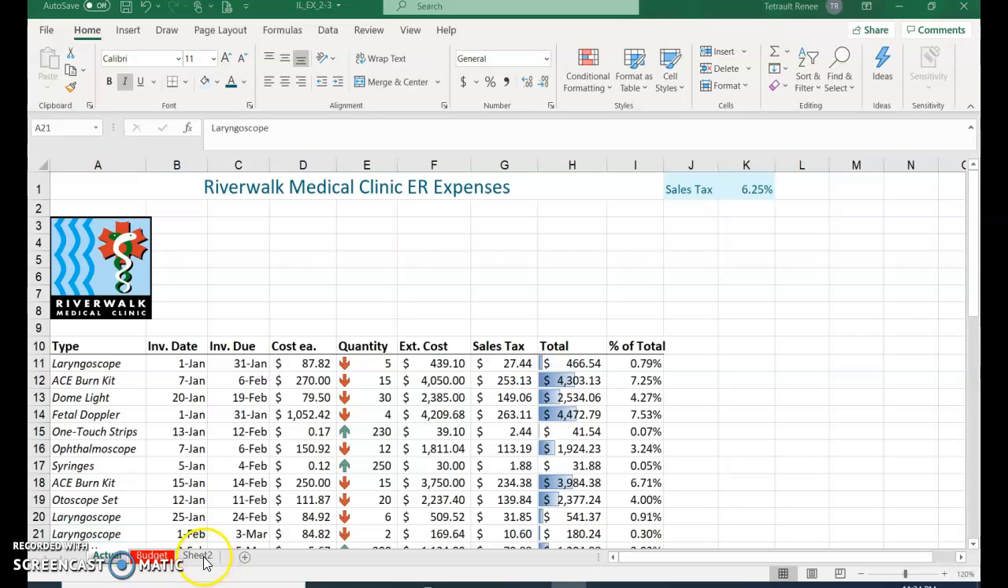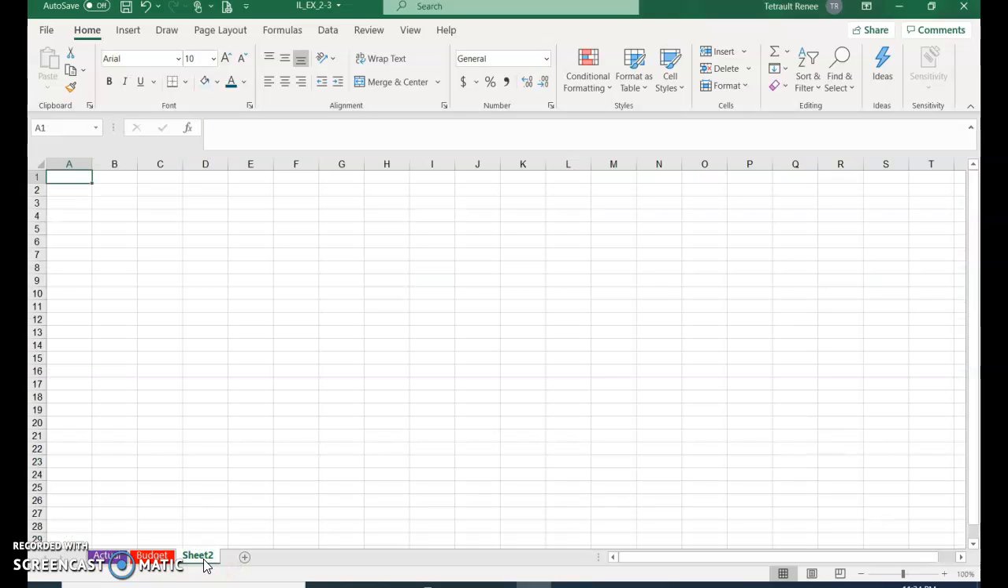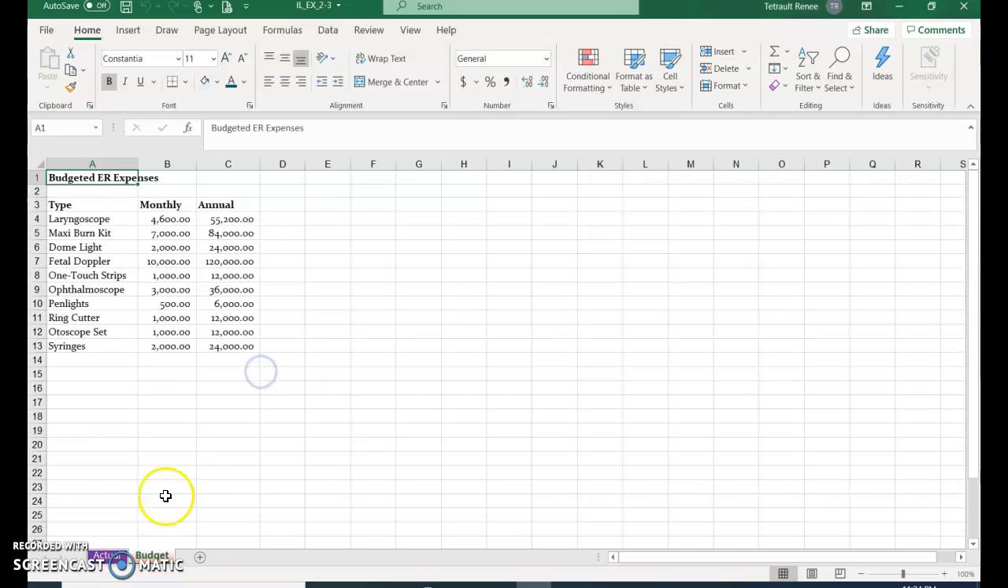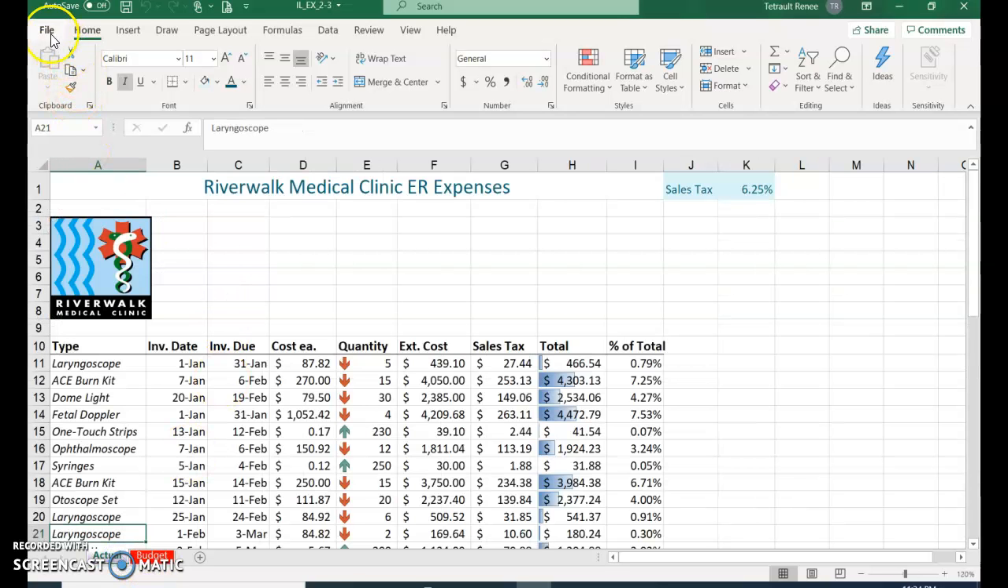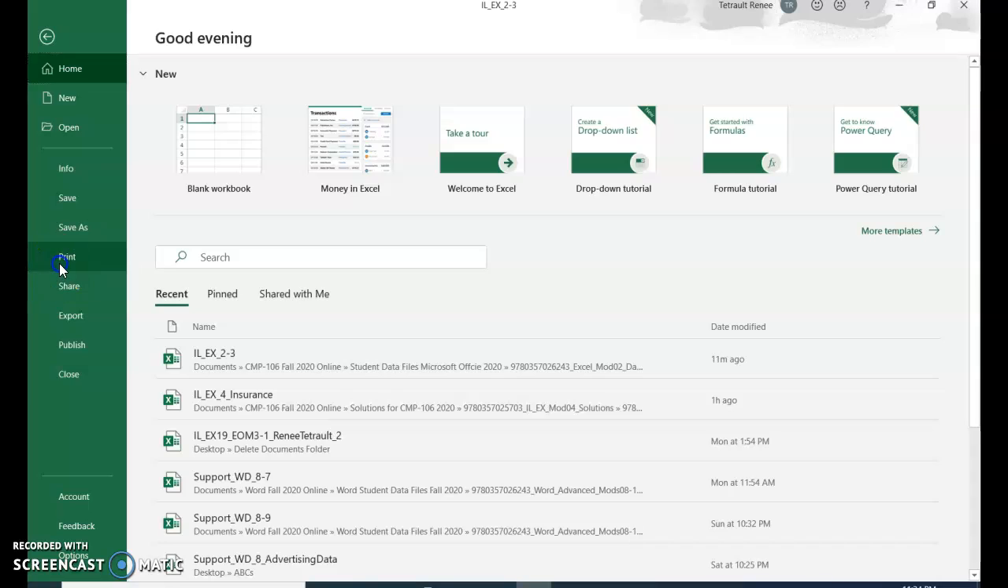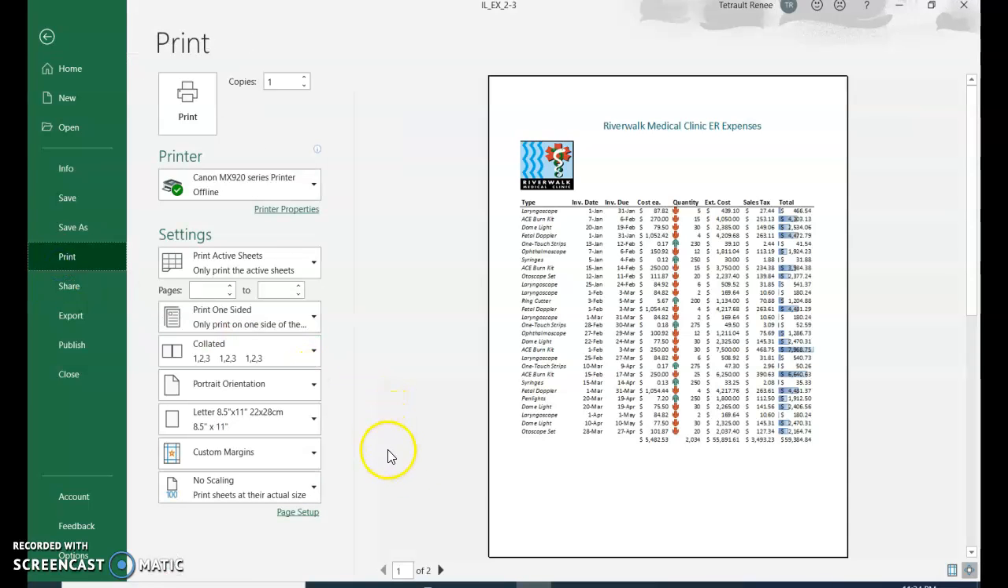Next, we'll delete sheet 2. There's nothing, if you were to select it, there's nothing there, so right click and choose delete. So we should have just 2, budget and actual, and then we'll go to file, print, and we'll prepare to,